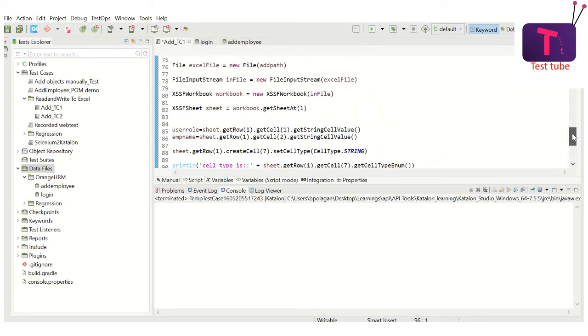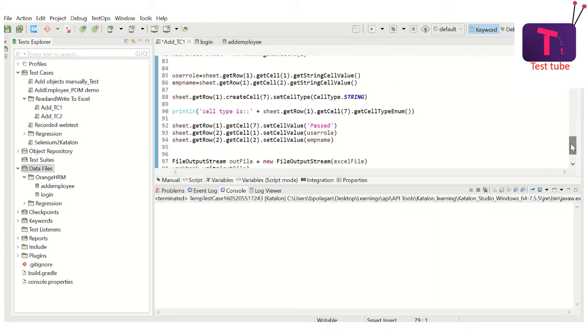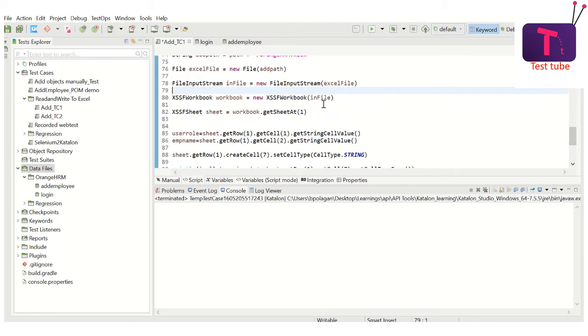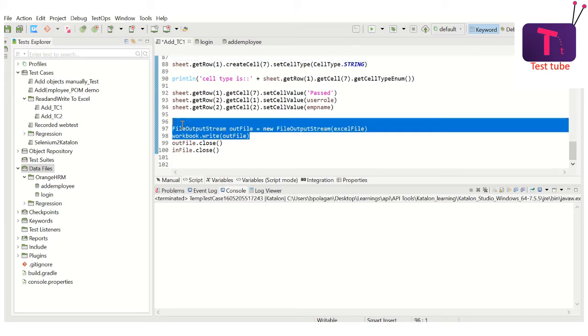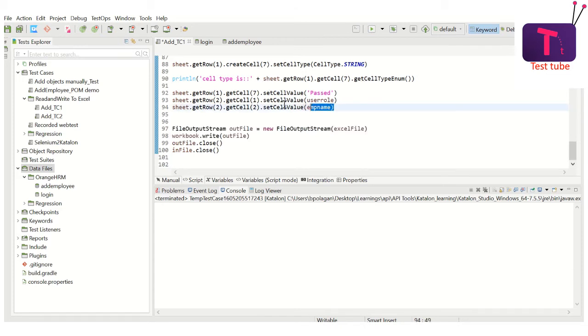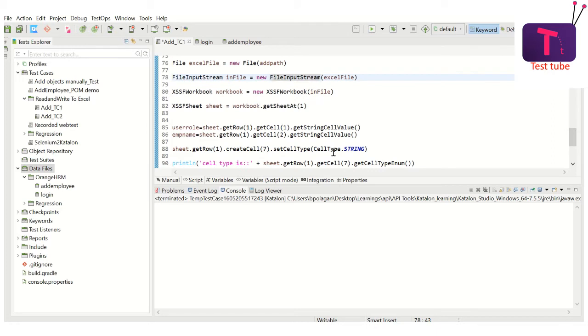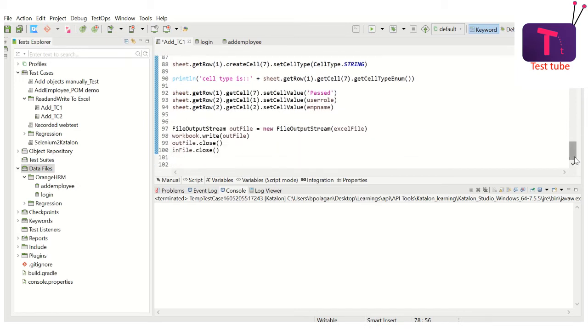So what we understand from here is, if you want to write something, you have to open this and then write something. If you want to read something, you have to open this, read something, and you can close it. In that case, you don't have to use these two and the write methods which you used over here. So if you want to write a file, first you have to do some open operations and only then do the write operations. But to read the file, you just have to do the input stream operation and then read it and you can close it, right? So this is how read and write data into an Excel sheet is done.